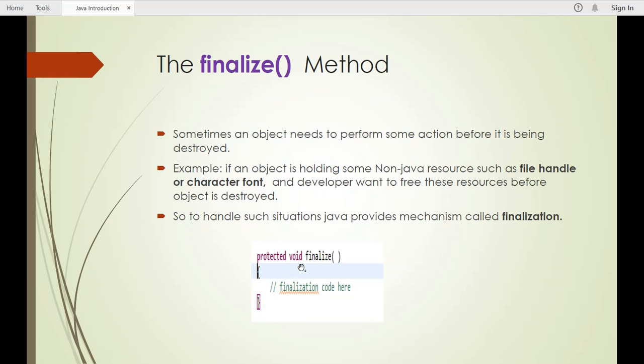This is one standard method, finalize, where we can specify that after performing these operations, only then you destroy these objects. We are just indicating to the Java virtual machine not to destroy this object right now, because I want to perform some operations before it is destroyed. So I will just mention that in this code. So this is how it is.